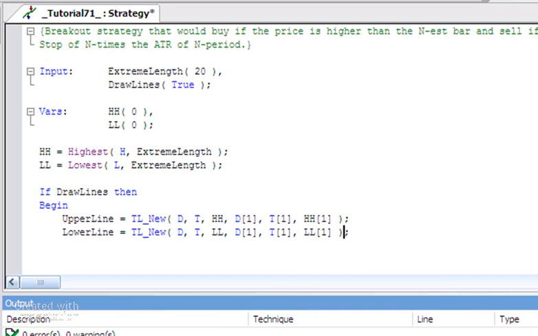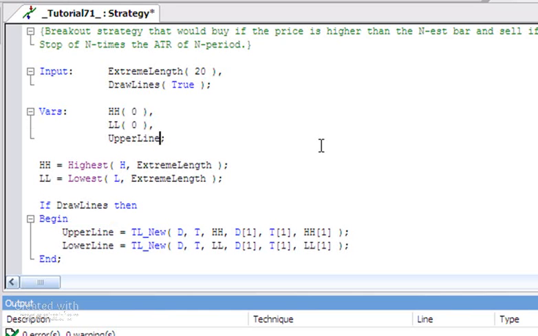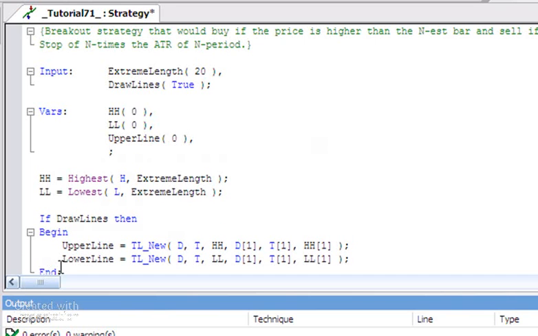Okay, and just going to put in the end. So we need to declare those two variables that we're using to store the references for those lines. So we can do that in here. And also need lower line. Like so. And if we verify that,